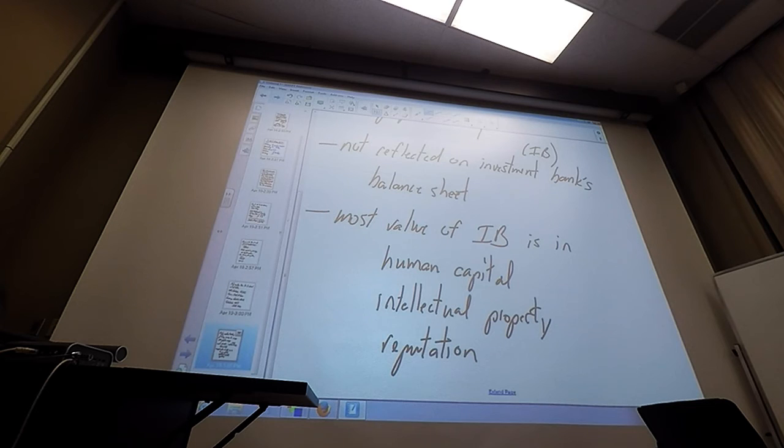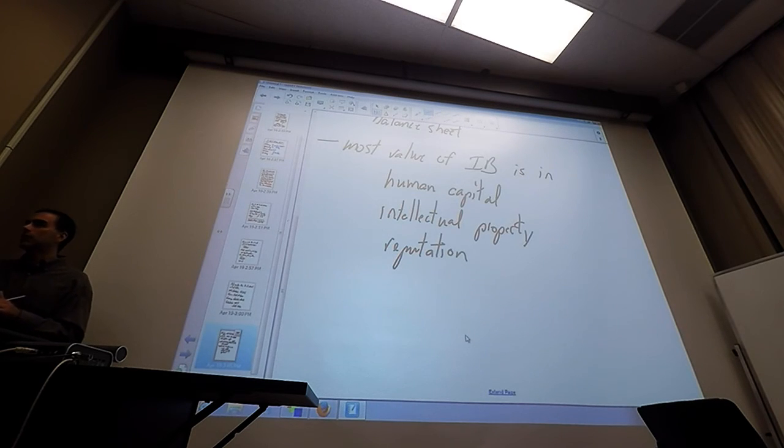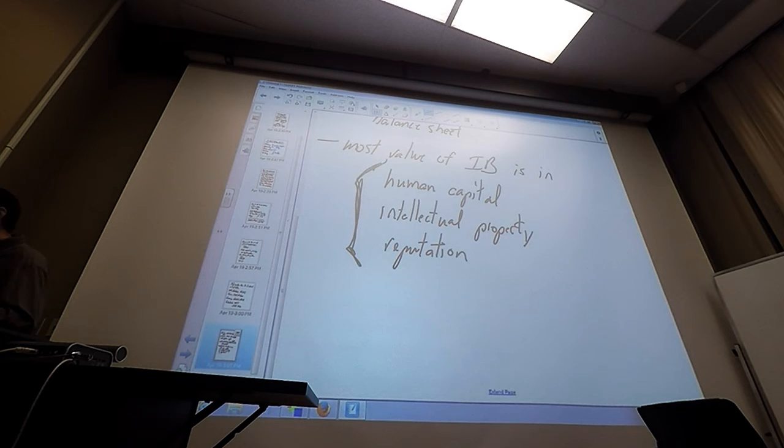And you'll see reputation in investment banking is everything, and a lot of what they do is based on reflections of their reputation. So since they got these kind of things here, this is why it's kind of an exciting industry. Since it's all about human capital, intellectual property, and reputation, they're very concerned with things like paying their employees really, really well, because they want to have the best people, and even if they don't have the best people, they want to make it look like they have the best people.